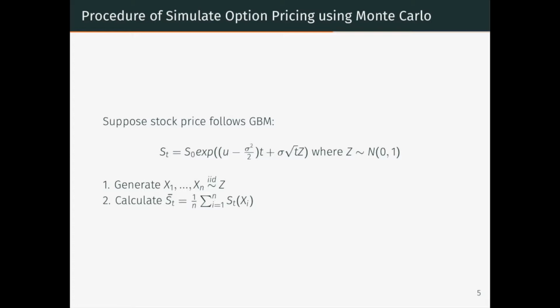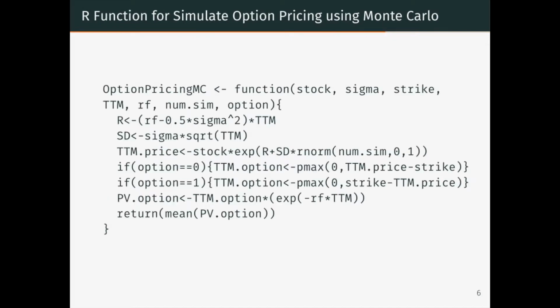The first step we're going to do is to generate n random numbers from our standard normal distribution Z. Then we can calculate our corresponding STs and use the mean of STs as an estimator for the expectation of ST. This is the R function I coded to simulate stock prices by using Monte Carlo method, using the stock,